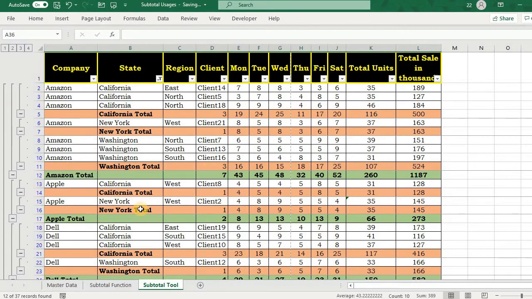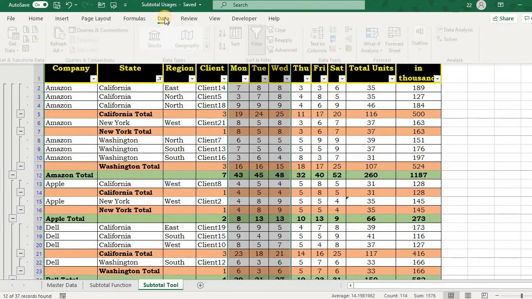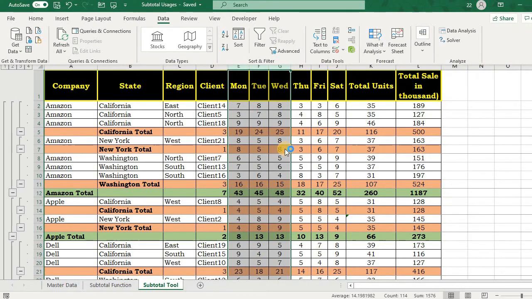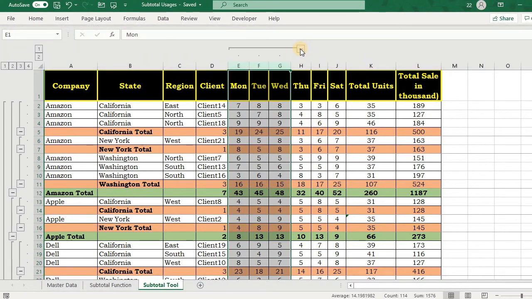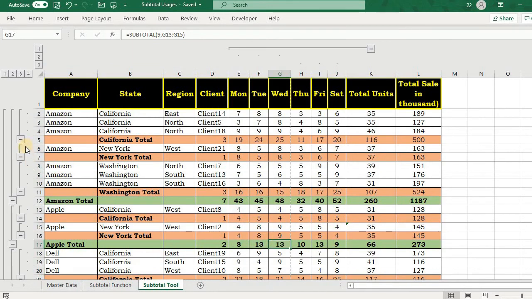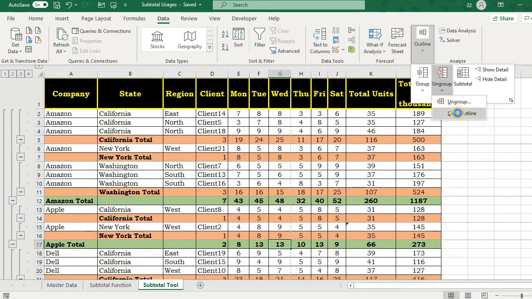These groups are across the rows, and you can create groups across columns as well. Say you want to create a group of the first half of your week. You will again go to the data menu, and here you will see group, outline, group. Okay, fine. Now if you click this, this will be hidden, and only this part of the data will be visible. Now in case you don't want these 1, 2, 3 and grouping at all, you can remove this and keep these things intact. You will go to the data menu, outline, ungroup and clear outline.